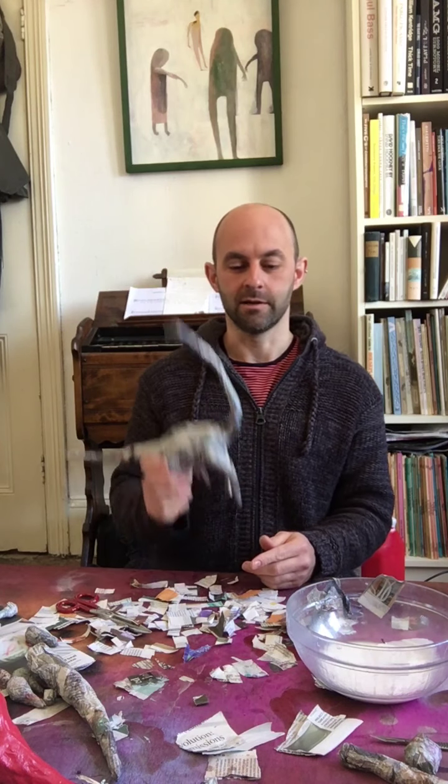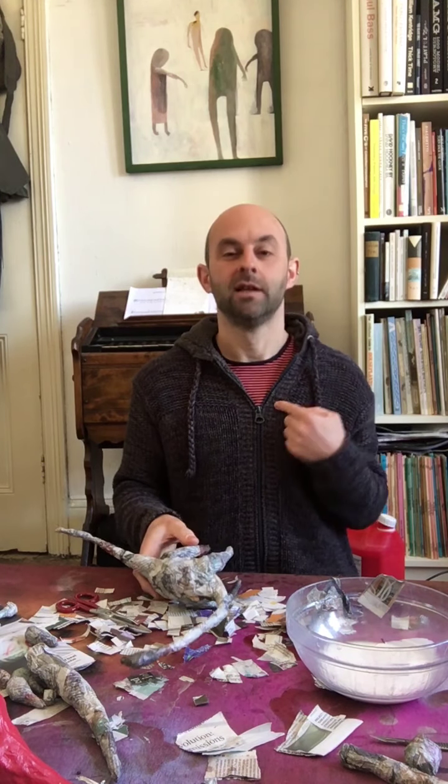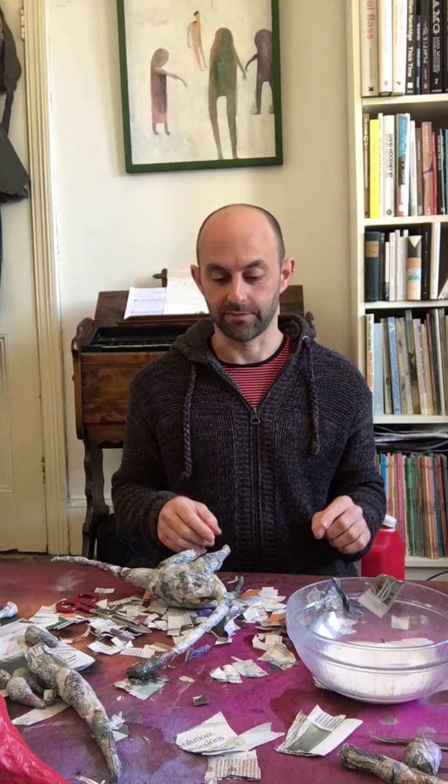But I'm not wearing the right clothes. This is my best jumper. I don't want to get paint on it, so I need to put on my clothes that I don't mind